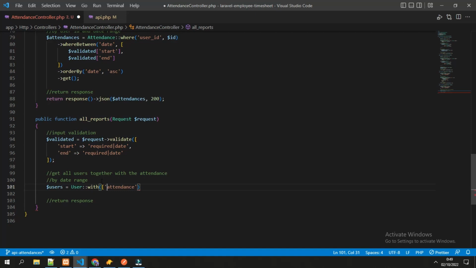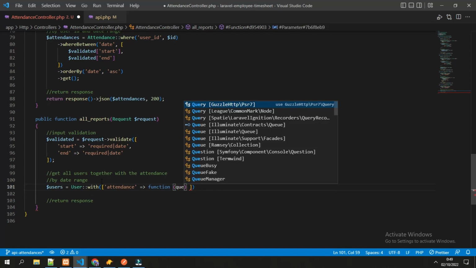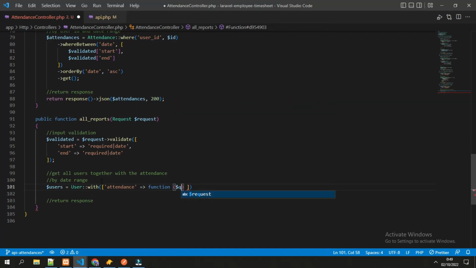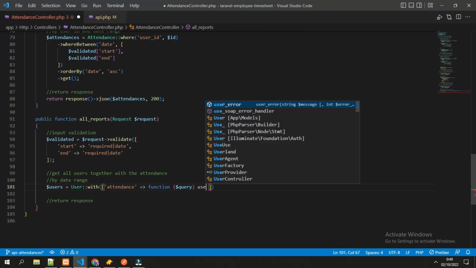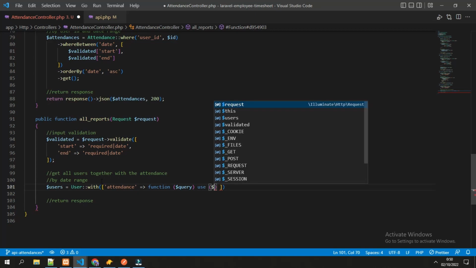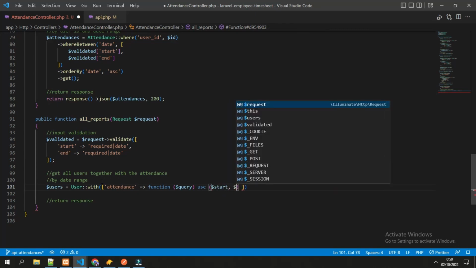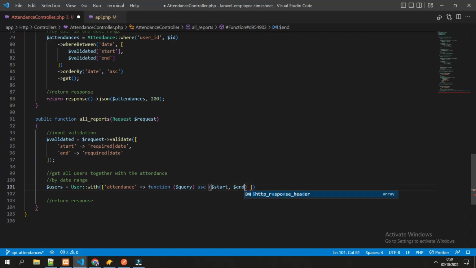So attendance has a function of query, and we will use the variables, first the start range and second the end range.